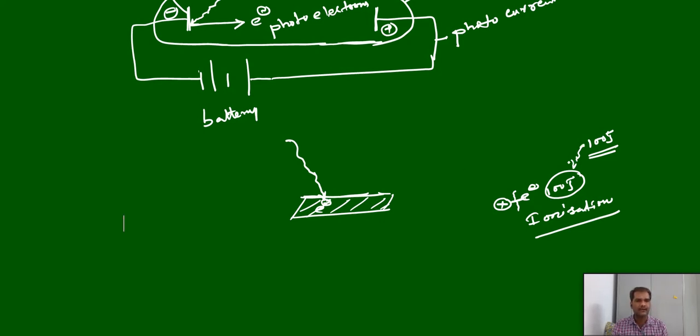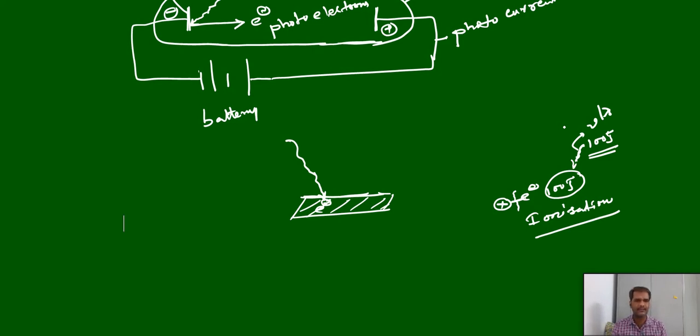And this photon has energy, which means the photon has some frequency, and this frequency we call threshold frequency, the minimum frequency required to remove the electron from the metal surface. And also, a particular radiation has a wavelength, and the minimum wavelength required to remove the electron, meaning to break this bond, is called threshold wavelength.